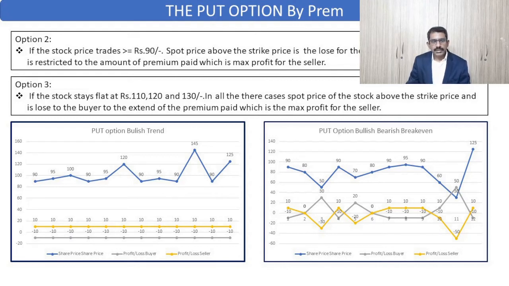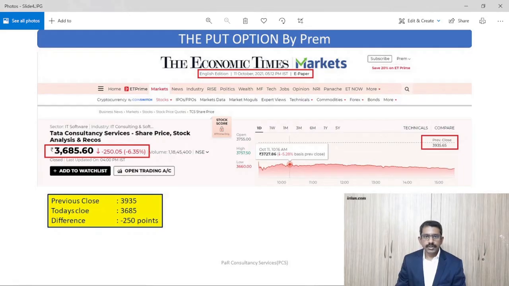So considering this stock is volatile and is trading between 50 and 145 at each point, how the profit and loss statement for the buyer and seller looks is given in this line chart. So this explains clearly how this trade is happening between the buyer and seller in the put option. Now we know the option premium increases when the underlying stock price falls.